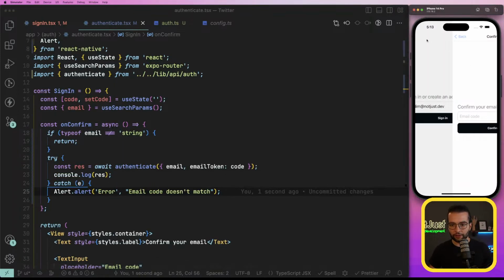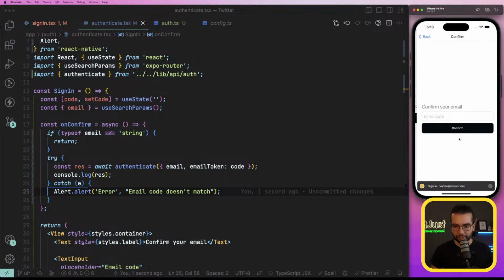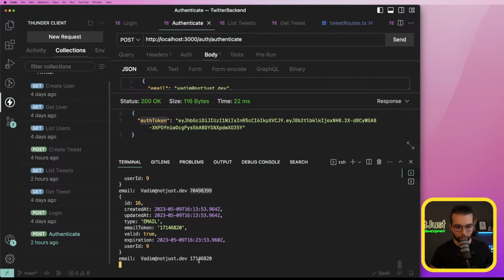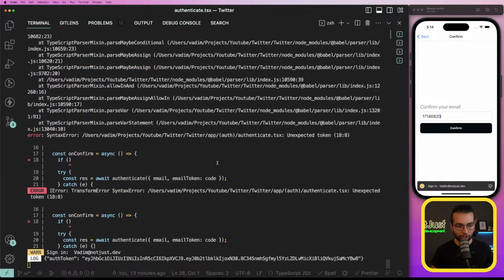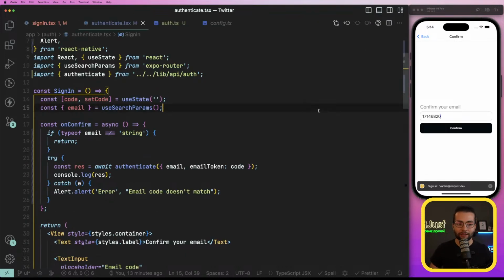Okay, so if I press sign in here, we're redirected to the next page. If I enter some kind of code and press confirm, email code doesn't match. But if I use the code that I received on email, which is this one, confirm, we didn't see the alert. And if I look in the logs, we should see this log with the authentication token. And this is exactly the authentication token that we will need for the next request to authenticate our request to our